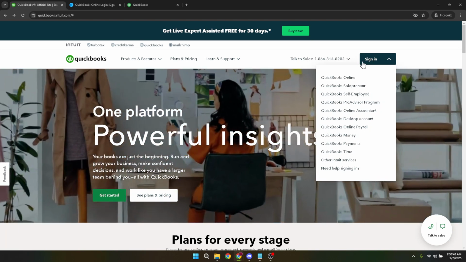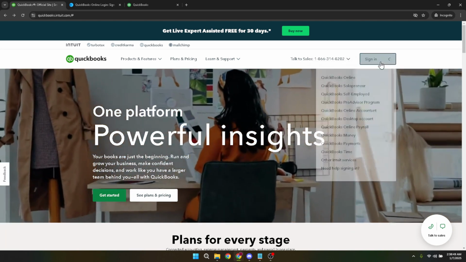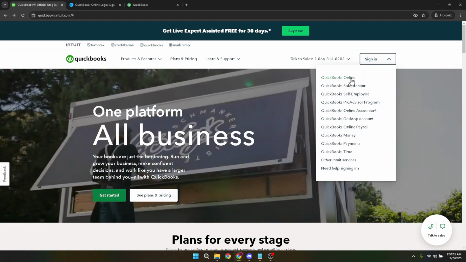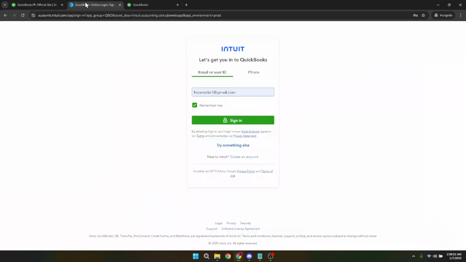You'll be prompted with fields to enter your email and password. This is your QuickBooks account information. Ensure you have this information handy. If you've forgotten your login details, QuickBooks provides options for account recovery to help you regain access. It's crucial to keep your login details secure and avoid sharing this information to protect your account from unauthorized access. Once your details are entered correctly, proceed by clicking on the Sign In button again, and you'll be granted access